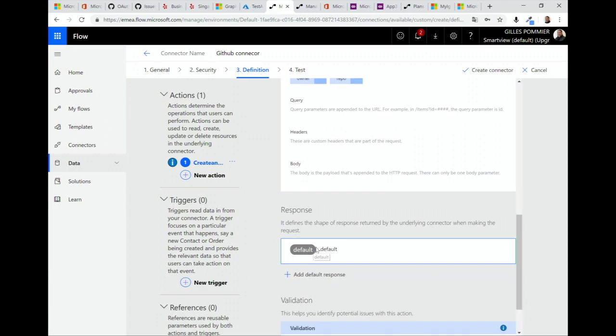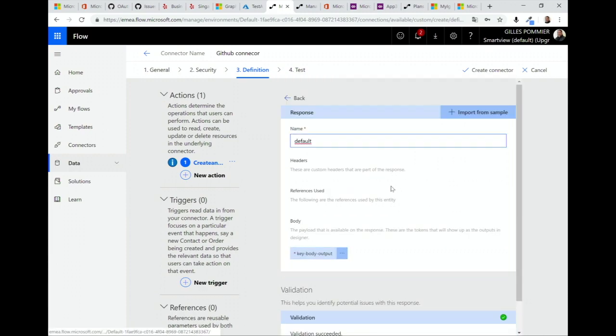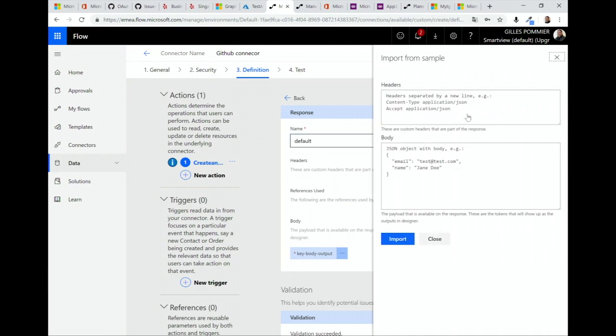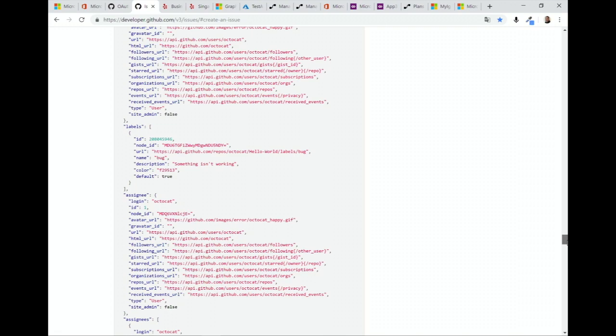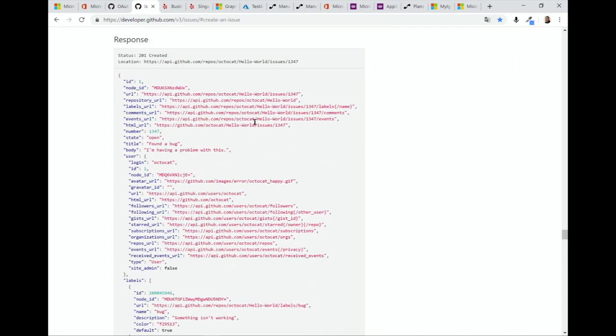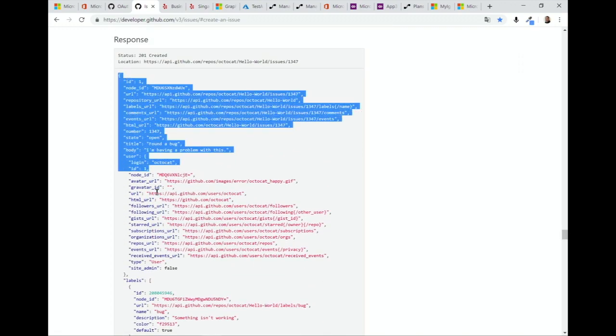And I have to provide the response. So if I click on response, then I can import a sample. And it is the same. If I go to the issue, you see that I have a sample here of a response. So the response will be in JSON format. So I will take this example.